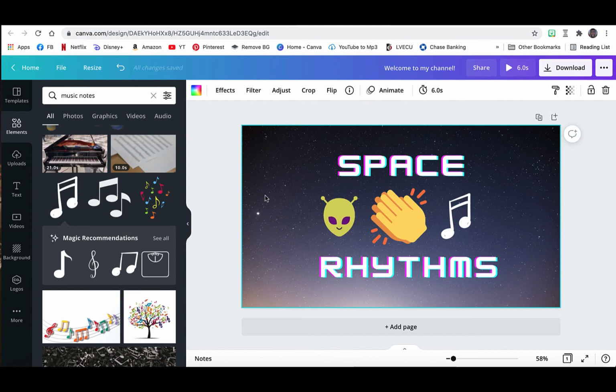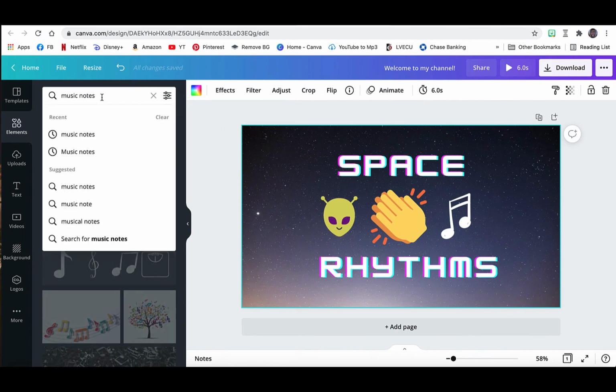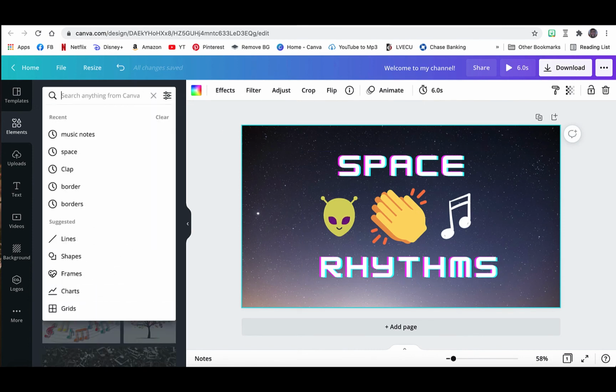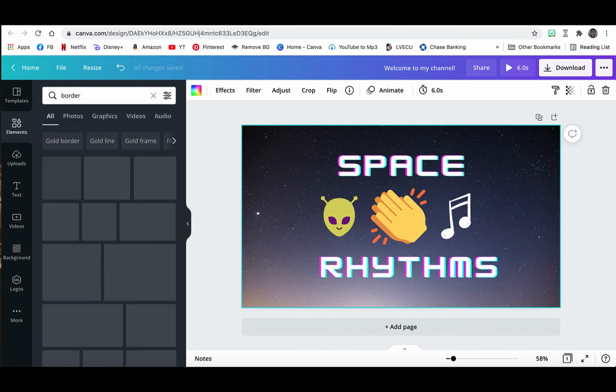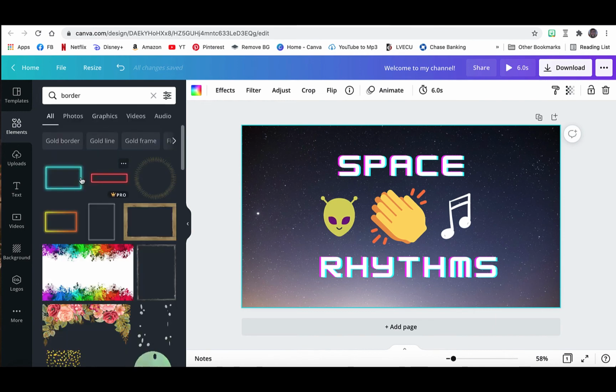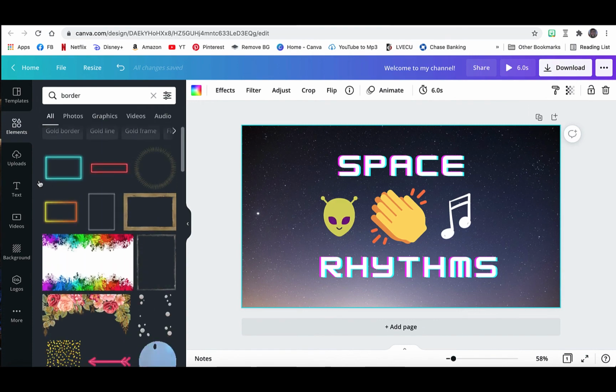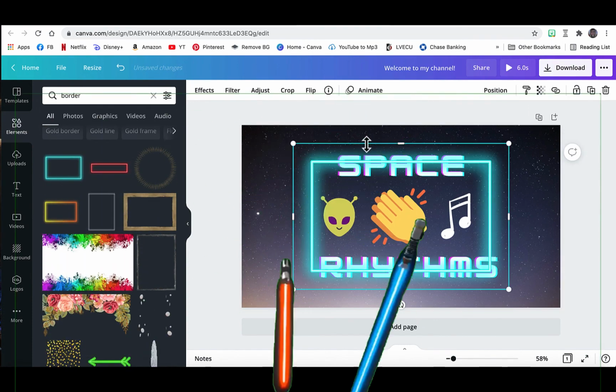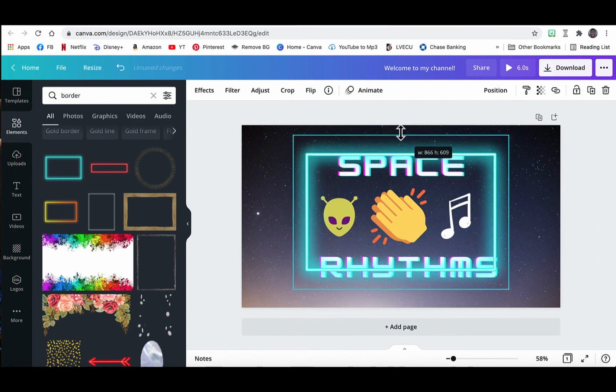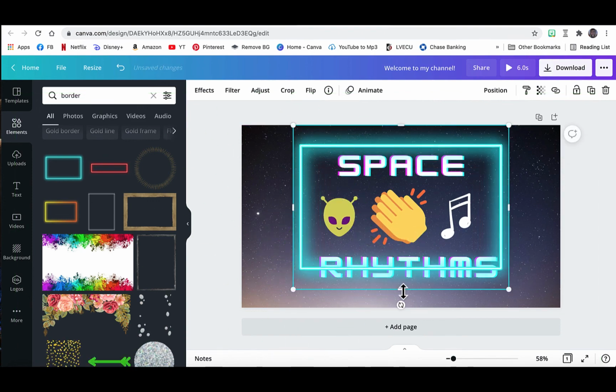It would make a nice thumbnail. It's nice and bold and clear, and has some fun images, but I feel like it's missing just something. Like maybe a border along the outside might look nice and frame it well. So again, still in elements, I'm just going to type in border, and there's a lot of great options here. Kind of like this neon one, reminds me of Star Wars in a way, like a lightsaber, but I'm just going to click and drag each side